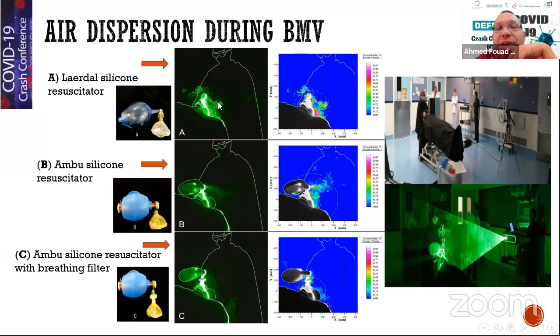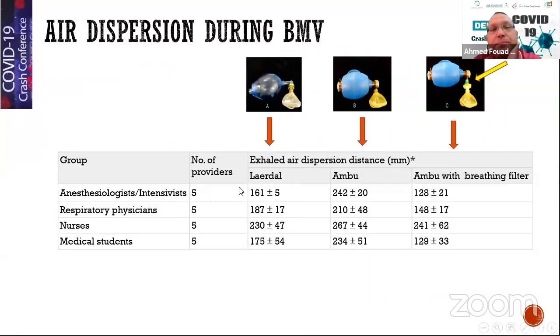This is the distance of air dispersion. You can see it here. The least air dispersion you can find is with the bag valve mask with filter, right? As you can see in the lower picture here, and in the other one. So these lights denote how far the distance goes. They calculated and found the distance with Laerdal is less than the Ambu, as you can see here. And they tried the same scenario with three different